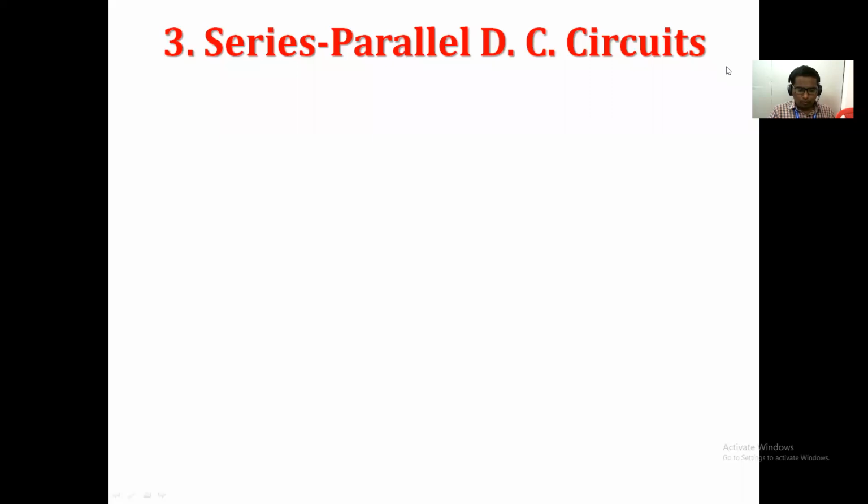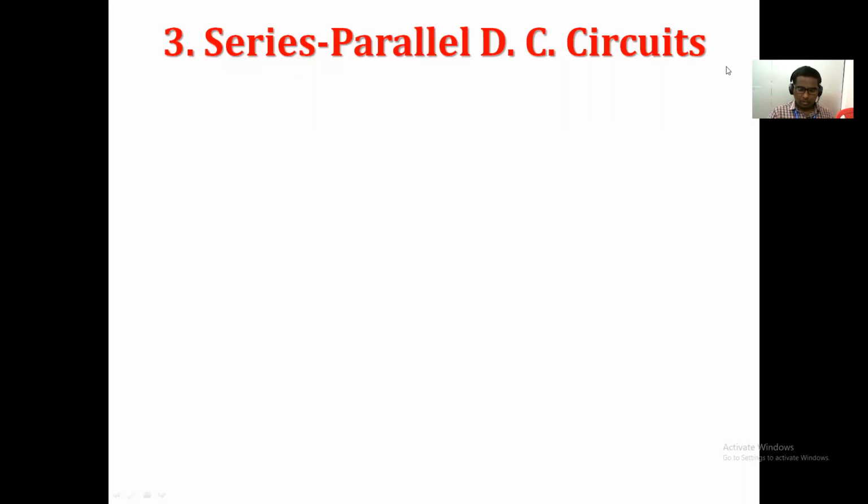So today we are going to discuss the third type of DC circuit, which is a series-parallel DC circuit. I hope that everyone has studied the series DC circuit as well as the parallel DC circuit. You must remember the main characteristics of series and parallel circuits. This third type, the series-parallel DC circuit, is the combination of the first and second types, that is, the series DC circuit and the parallel DC circuit. There is no new concept we have to learn in this third type.